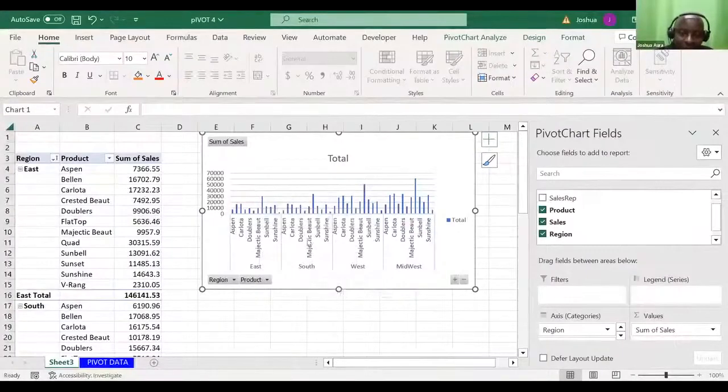South, again, I think it is the same product. Let me count. 1, 2. Doesn't matter how they're doing it, but at least you're able to see which product sold most.